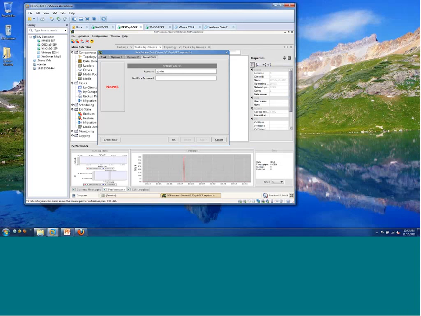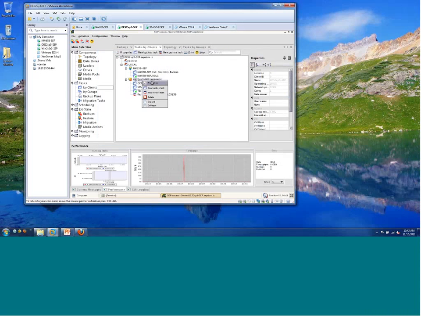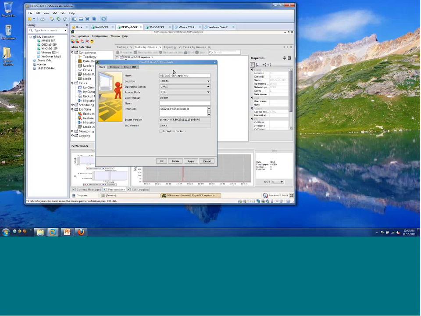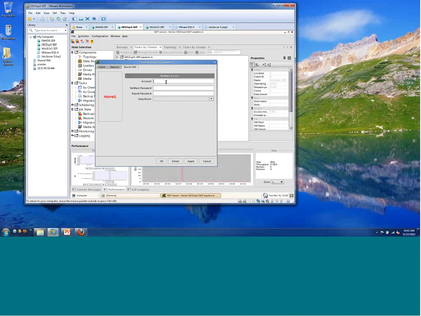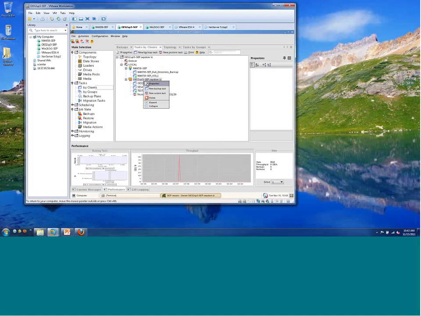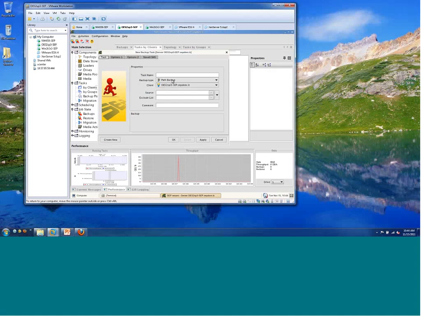I'll just do it on the server itself. New properties of the server, Novell SMS, and the only reason I wanted to show this to you is, and you probably know that doing a selection of your file system, you're going to actually have to drill down past the Linux file system to grab the NSS file system. So New Backup Task,